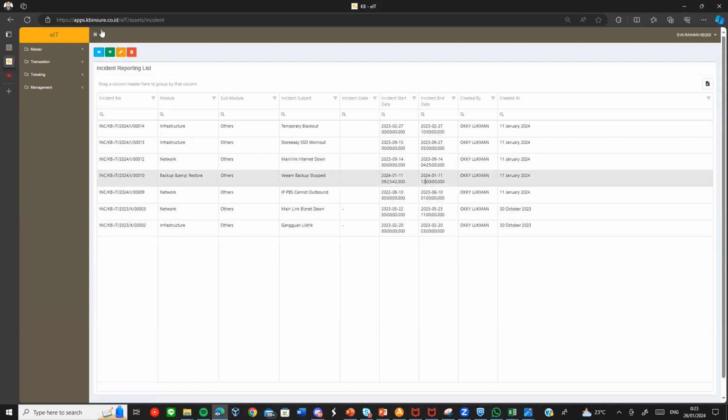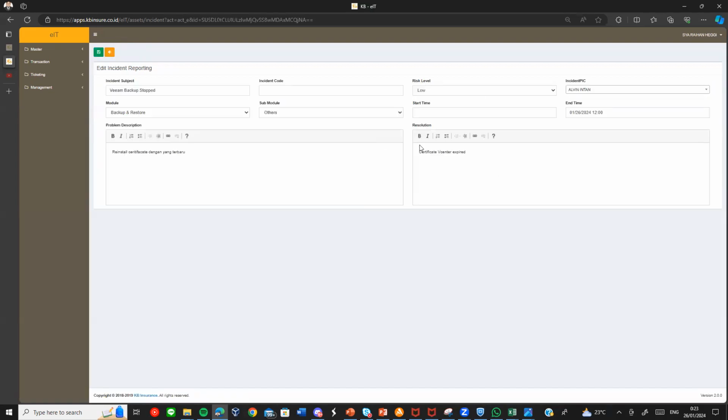For example, like a backup and restore. There will be updating of the data, and this is the incident code. Actually, this is not used right now because there is no standardization in the IT right now, but it can be used in the future as the incident code standardization.